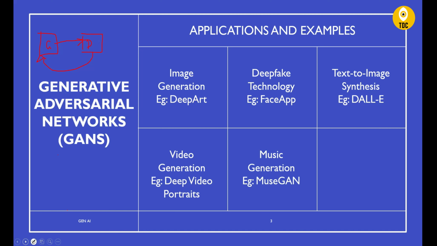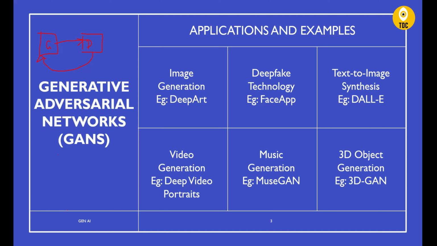And the next is music generation, where one application called MuseGAN uses a GAN based model to generate music by learning from a data set of existing musical pieces. It can create a new composition that reflects the style and structure of the training data fed into it. And we have 3D object generation. The example is 3D-GAN. This model generates 3D objects from random noise or 2D images.